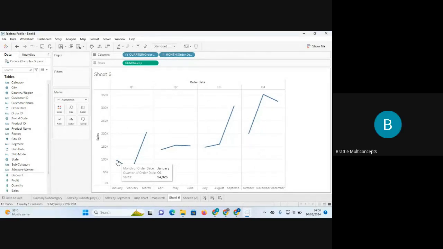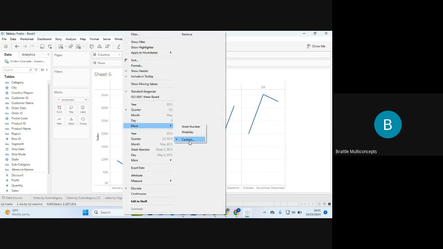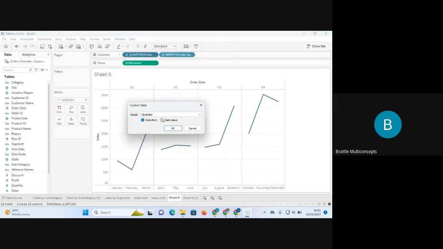All quarter 2, 2016, 17, 18, 19, 20 added together. That is called date value. Let me click on this more. You see here, we have date part and date value. Part of the date, no, quarter is just a part of the date. But when you use date value, it is a continuous date. If I use the quarter here again, if I use date value now as a quarter and I click OK,